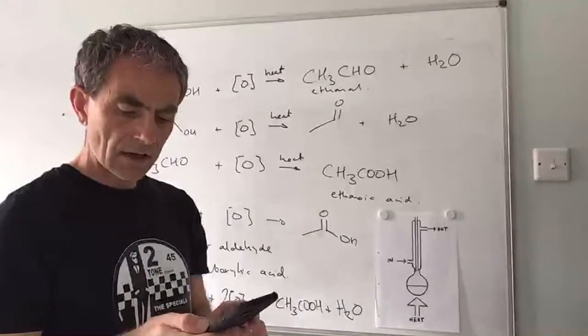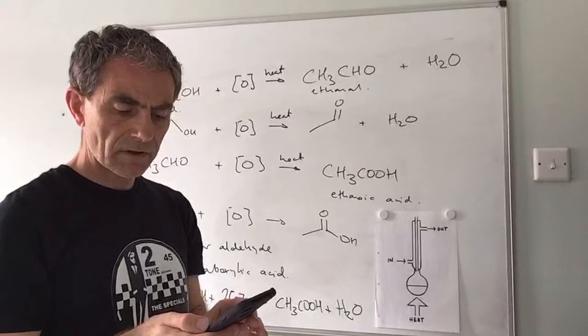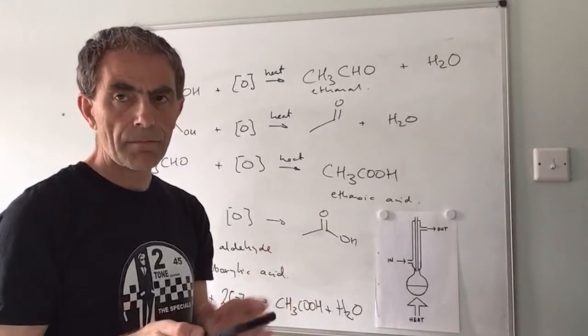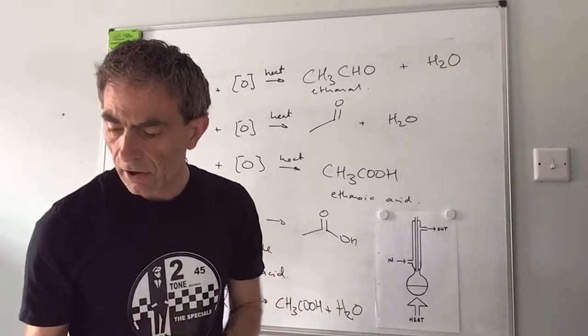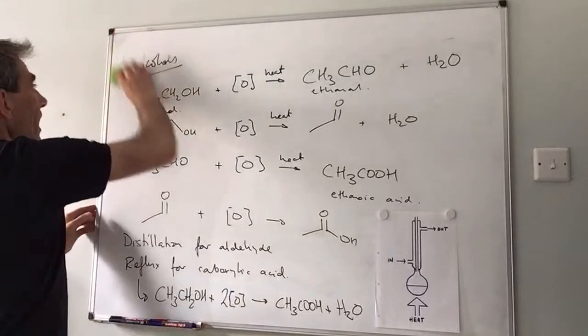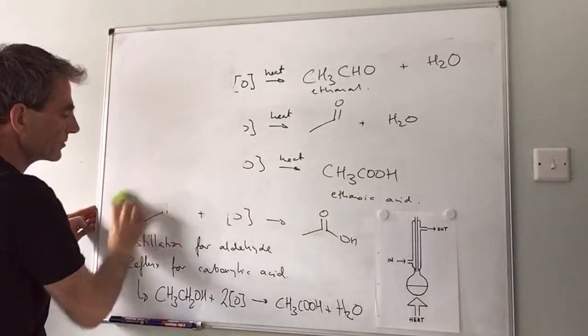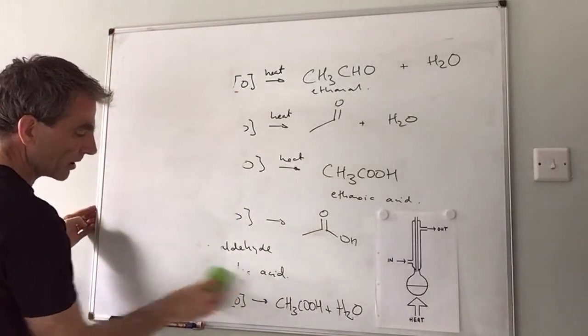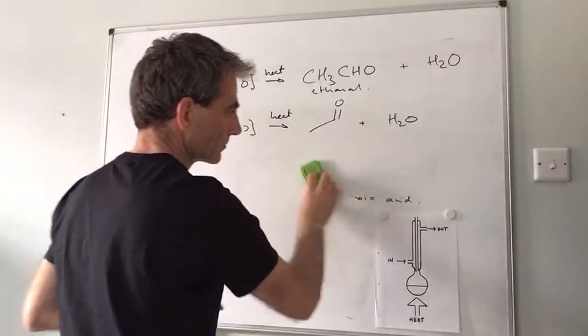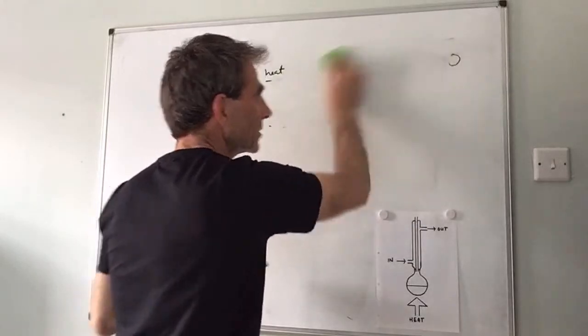Someone's asking, if you have a diol, would you form an aldehyde or ketone with 2 CO double bonds? It doesn't, it depends on what kind of OH group it is. I'll show you that now, I suppose, while we're on with this. Actually, let me finish secondary alcohols first, and then we'll bring in a diol, okay? And we'll see what happens there.